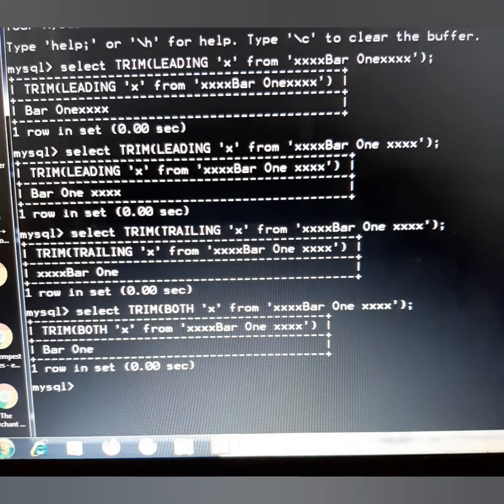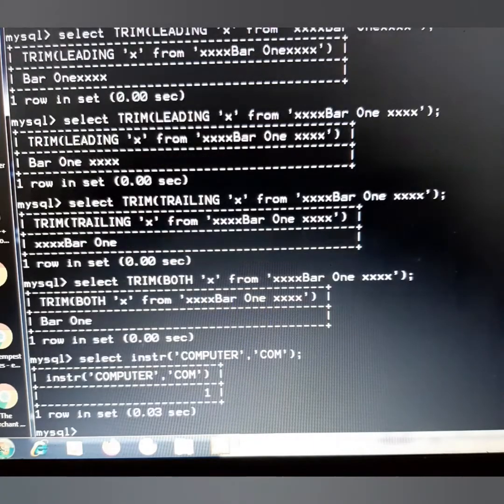Then comes a function instr. Instr says this function searches for a given second string into the given first string. So if suppose we have got a big word and out of that we have to find in that word a part of the string which will be given by the user. So let's see how do we use it. We'll write select instr, and if we give a word computer, and the other word that has to be searched is com. So it will say yes, it starts from the first position. The position is returned in str.